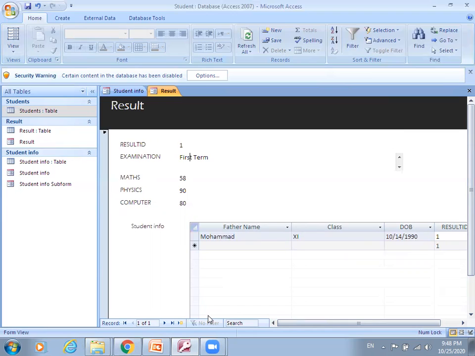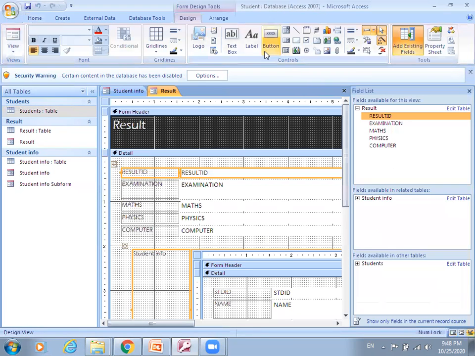Then in design view, we have some controls which are available, so you can modify according to your requirement. These controls you can use, you can modify, you can change. So if you want to add a text box, you can add your text box here.